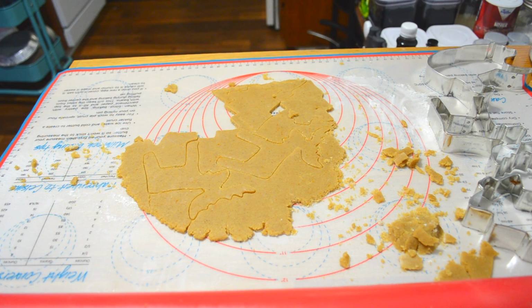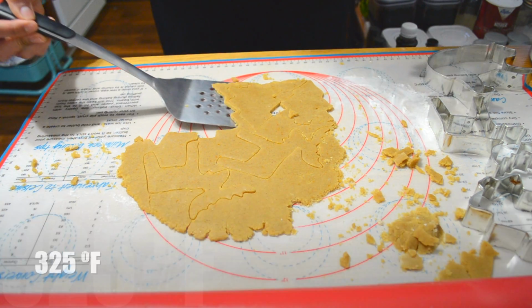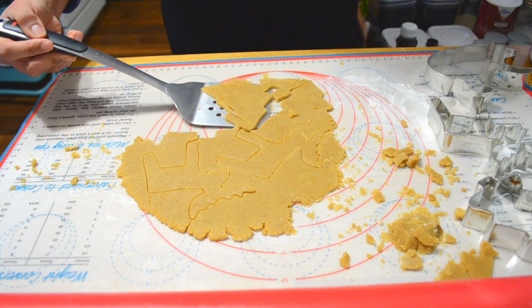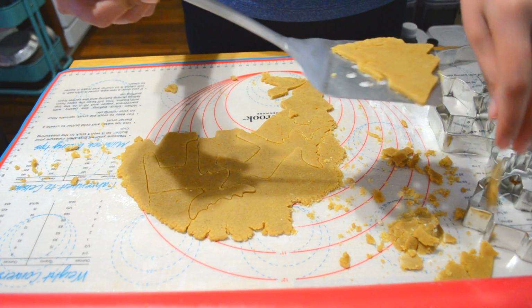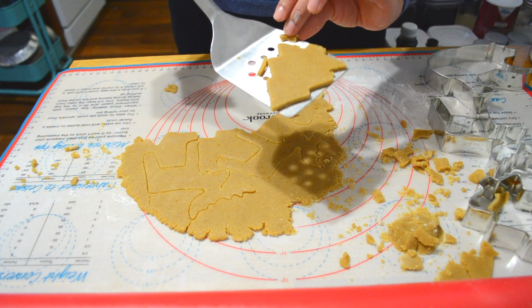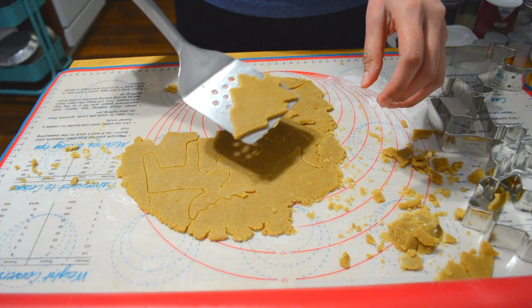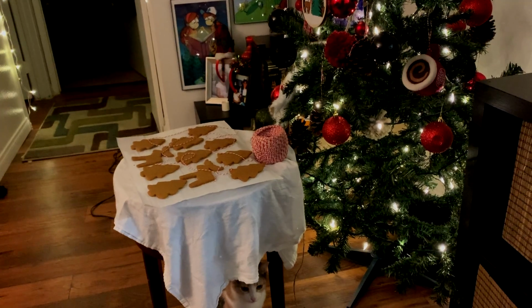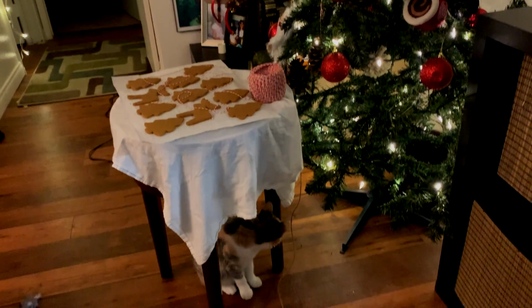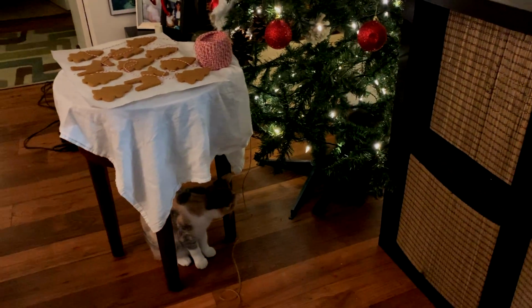While you're getting your cookies ready, make sure to have your oven preheating to 325 degrees Fahrenheit. Once you have all your cookie cutouts onto your prepared baking sheets, you're going to put them in the oven and bake them for about 8 to 10 minutes. That's what the magazine says. However, I would recommend adding an extra 4 to 5 minutes. Again, I apologize for not having any footage of these cookies coming out of the oven,